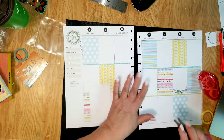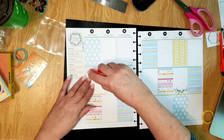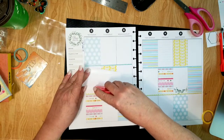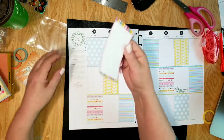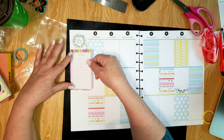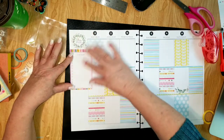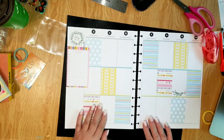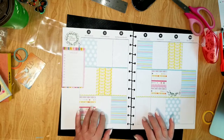So now that I've got this part done, I don't necessarily have to stay in the boxes because these are all guidelines for me. But this book really does keep me organized. So I'm going to put this right here, just like that. And then I am going to put